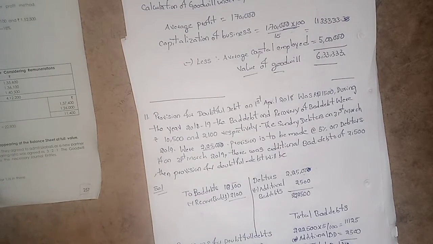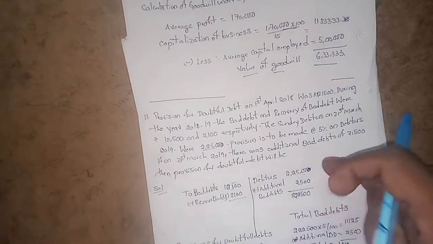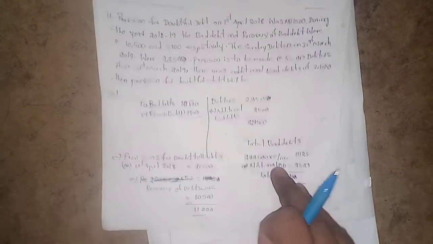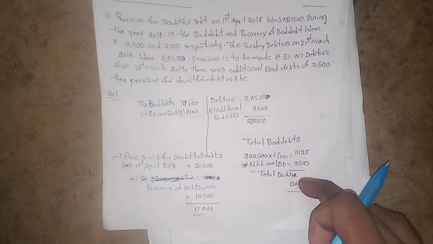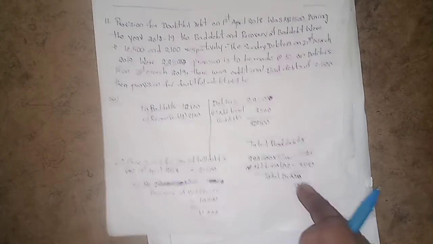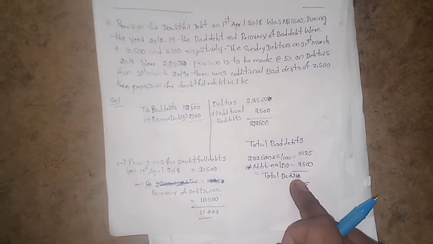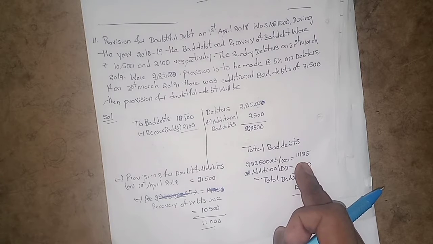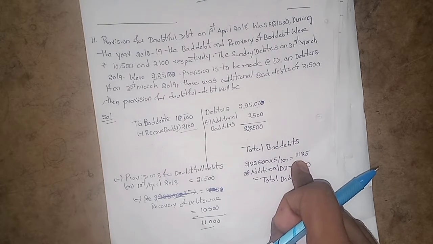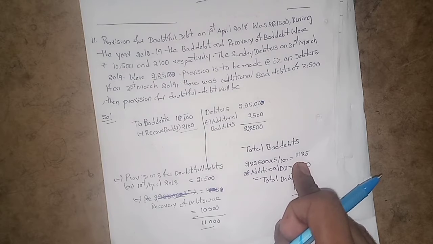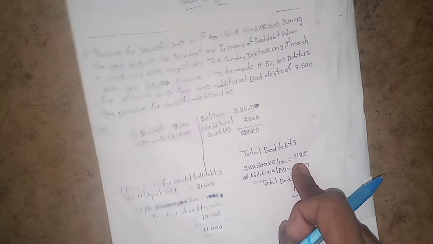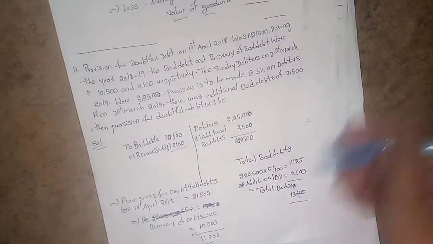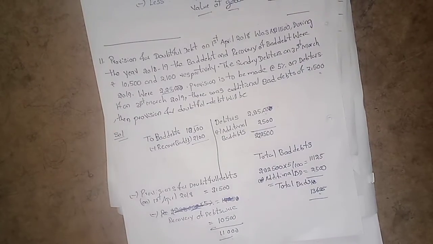So that's it. We understood. After that, we calculate total debtors: 22 lakhs 22,500, less 2,500. Already we added the additional debtors, so in this case we did add it. So total debtors as at 31st March 2019, but bad debts were high. So that's why I need to make a provision on debtors for bad debts. That is called provision for bad debts, or provision for doubtful debts.